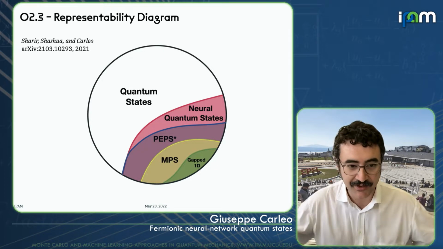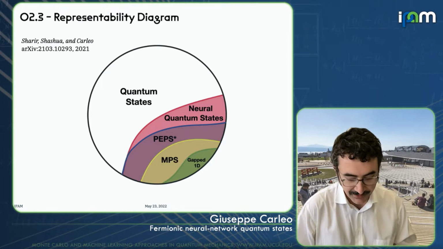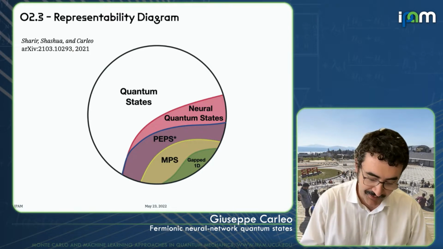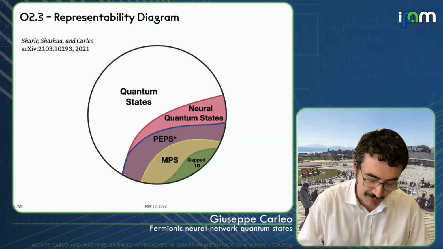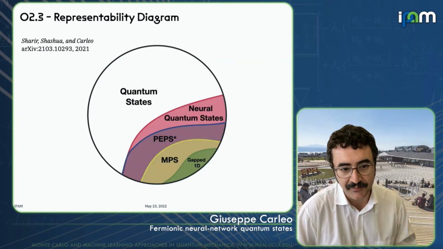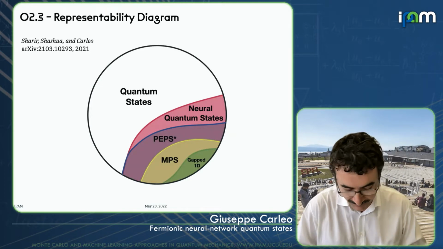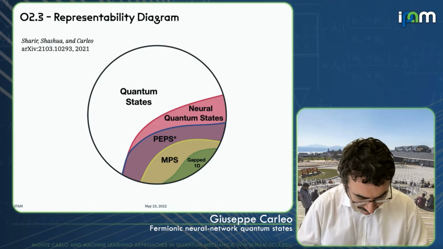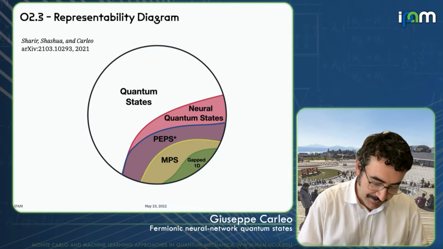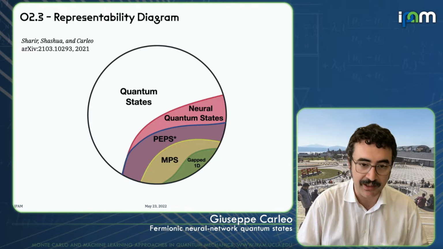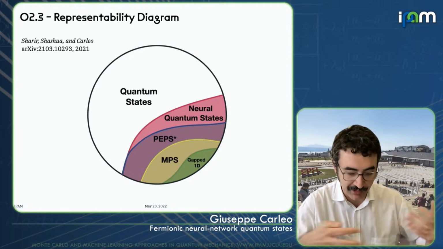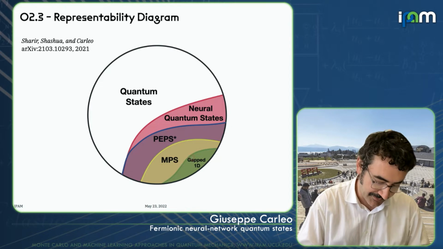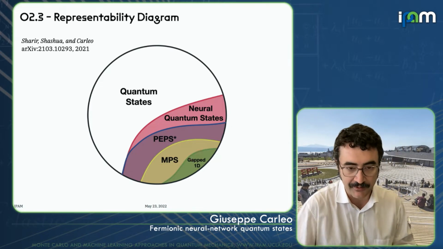So without using exponentially many parameters, that's the key here. In this context, very recently we've shown that if you consider other famous states that people have studied in the field of strongly correlated variational representations, for example matrix product states, this famous representation of one-dimensional tensor networks, you can represent an arbitrary MPS with a neural network quantum state that has a size which is polynomial in the number of spins, the number of degrees of freedom. And as an indirect consequence of a theorem proved by